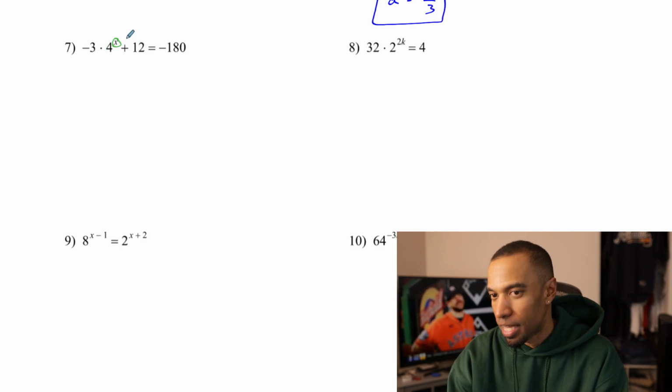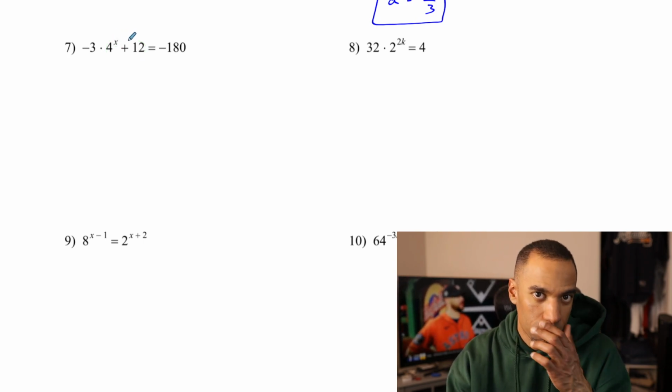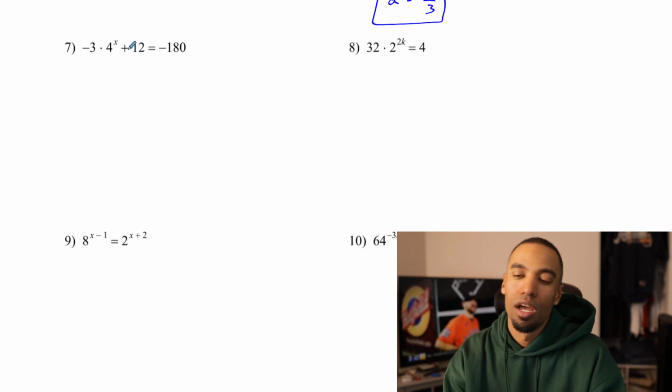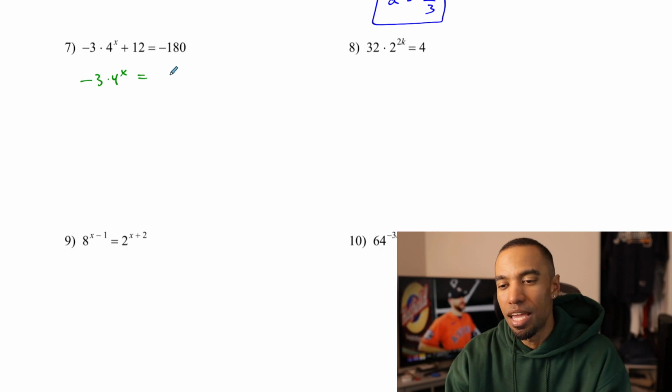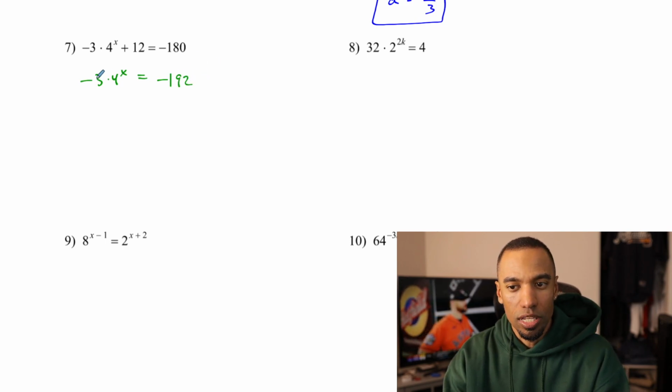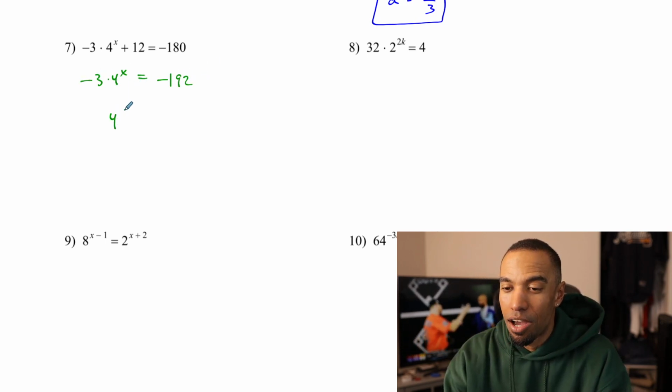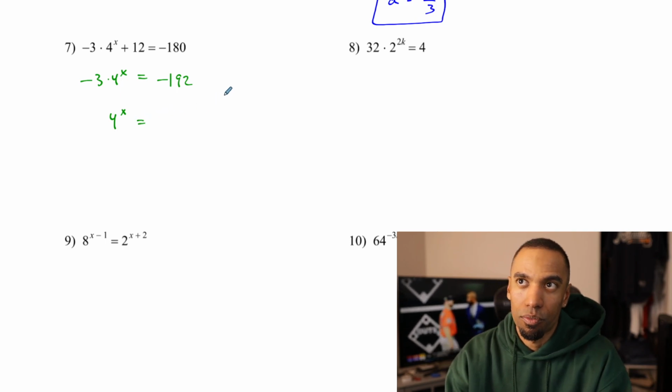There's an x there in the exponent. PEMDAS states exponents first, then multiplication, then addition. So I got to subtract the 12 over. -3 times 4 to what power gives me -192? Let's divide that -3 and figure that out. -192 divided by -3 is